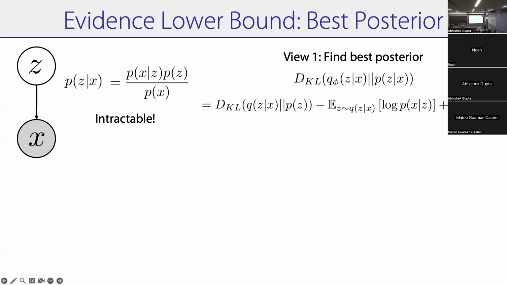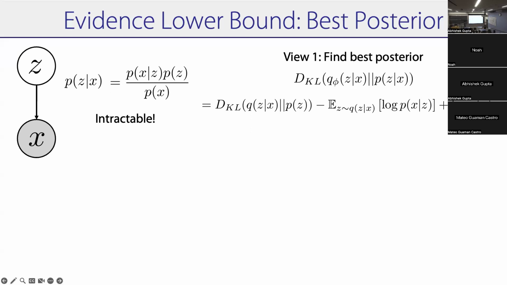So why was this difficult? It's difficult because you're trying to compute a posterior, and the posterior has this P of X. Let's say you take a simplified version of this, right? Just a latent variable model with a Z going to an X. And Z is unobserved and X is observed. And you're trying to find the posterior P of Z given X, right?